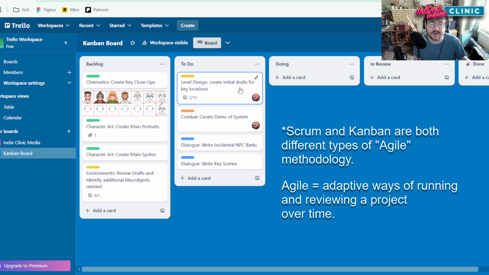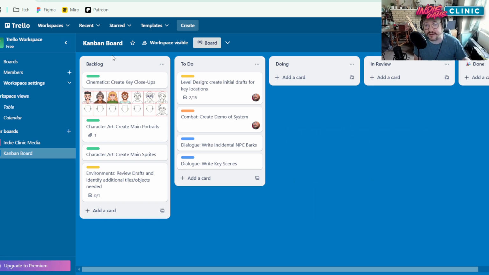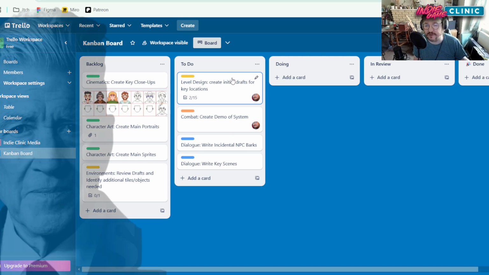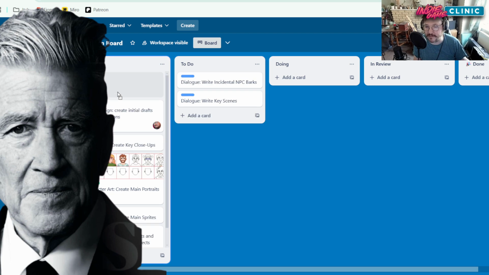And then you've got a distinction between the backlog, which is everything we need to do to finish the game, which will be probably your longest list, and instead of going straight from that and putting things into doing, you can have a list of here are the priorities right now, and people can pick from that to-do list, and it creates a short-term priority, long-term to-do list situation. I wouldn't do it for this project I'm working on because it's only a month long, but